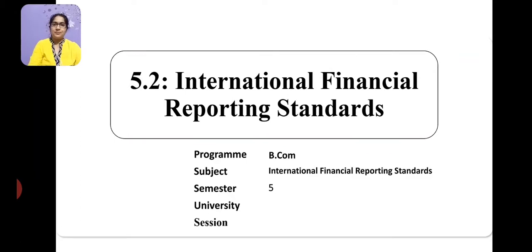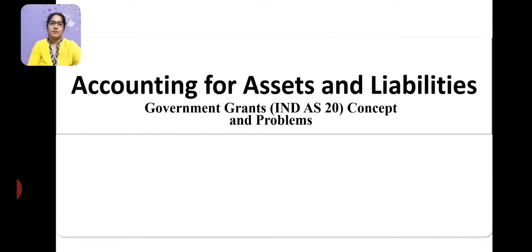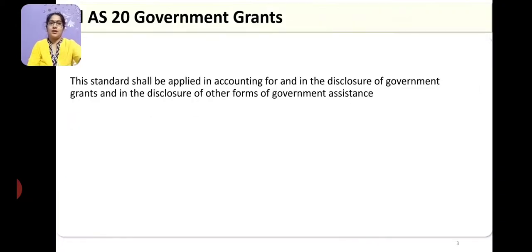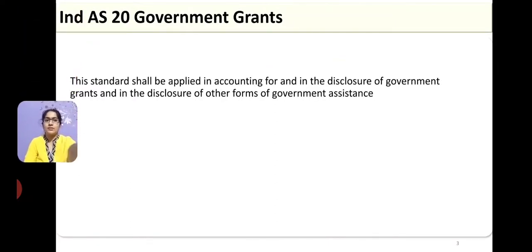Today in this session, let's see according to Ind AS, how to treat government grants. So this treatment of government grant is as per Ind AS 20. So basically what is Ind AS 20, which is about government grants? Basically this talks about how to recognize, how to record and how to disclose the government grants in the books